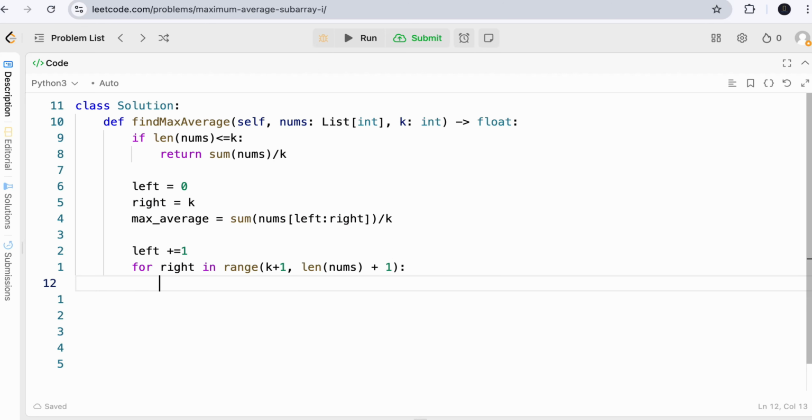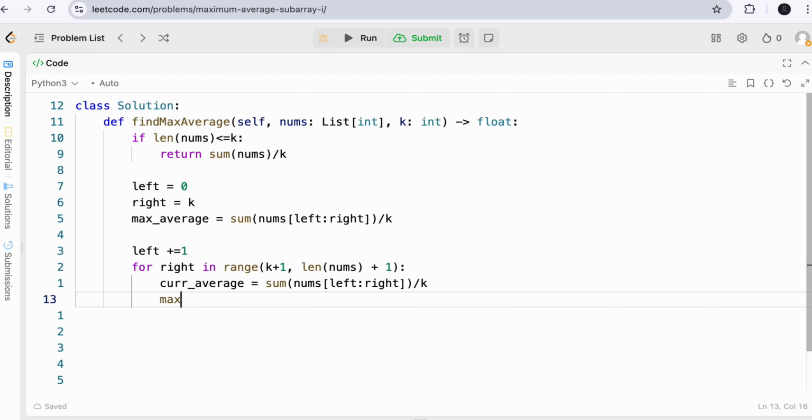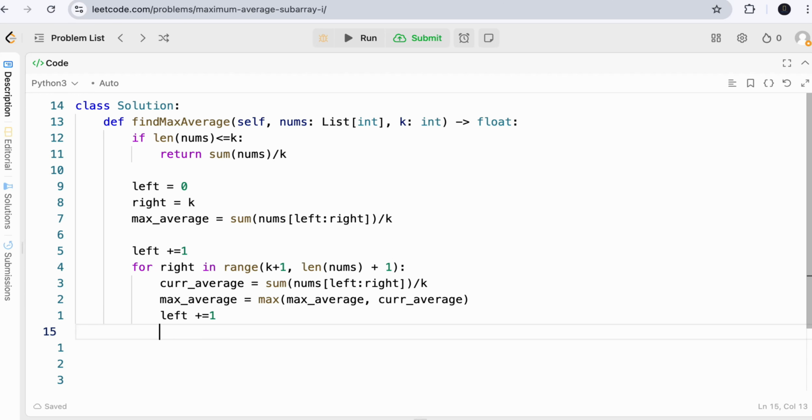So here we calculate the current average as the sum of the nums from left until the right divided by k, and at each step we calculate the max average and current average. And don't forget to add 1 to the left at each step, and by the end of this we can return